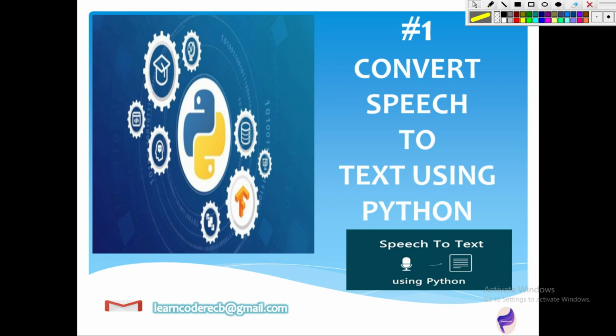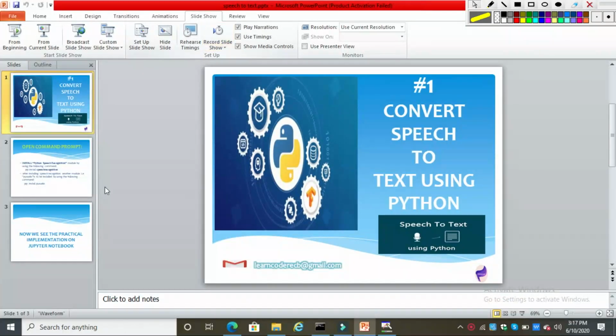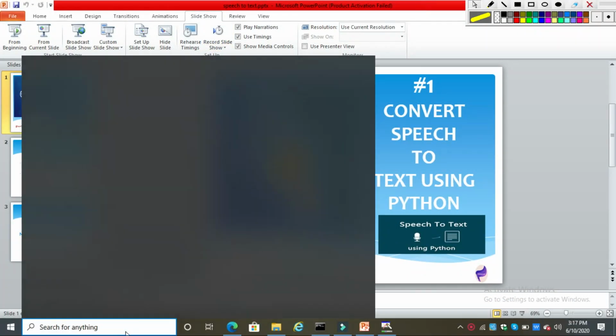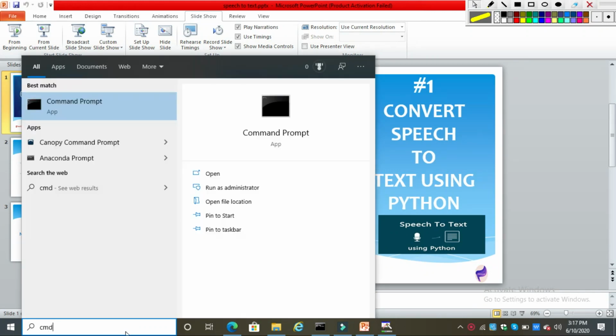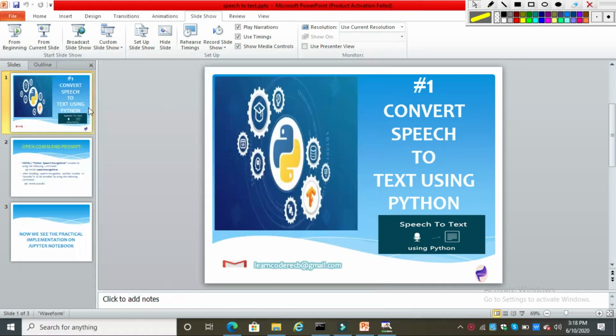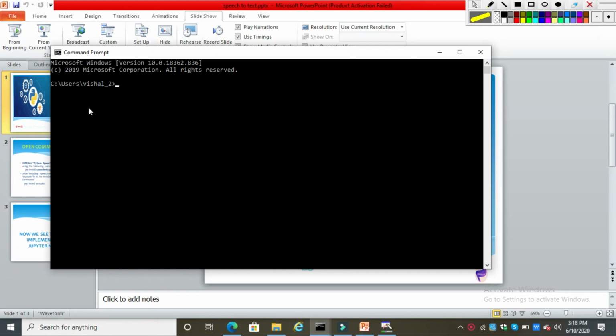Before going to the process, you should have an internet connection in your system. Okay? So now we will open the command prompt. I am writing cmd and opening command prompt. Now you have to write the command for installing the speech recognition module as pip install